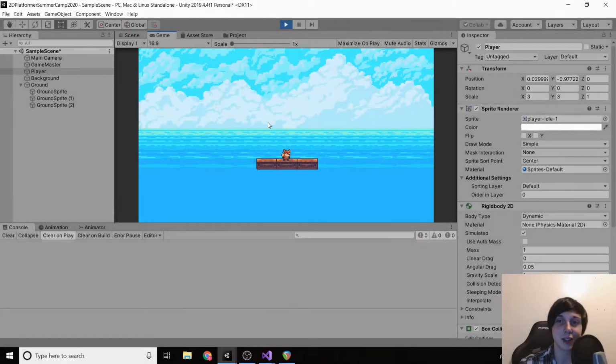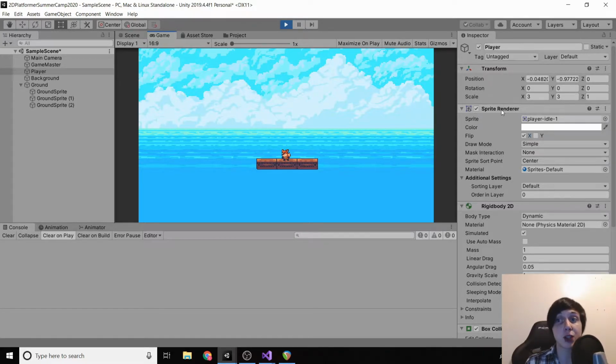Okay, welcome back. So now we've got our player, and we're able to make them move. But the next step that we need to do is actually make them look the other way when we move the other way. So you'll notice if we click this flip X under sprite renderer, it will actually flip our character. So what we're going to do is programmatically change this value in our code depending on our move input